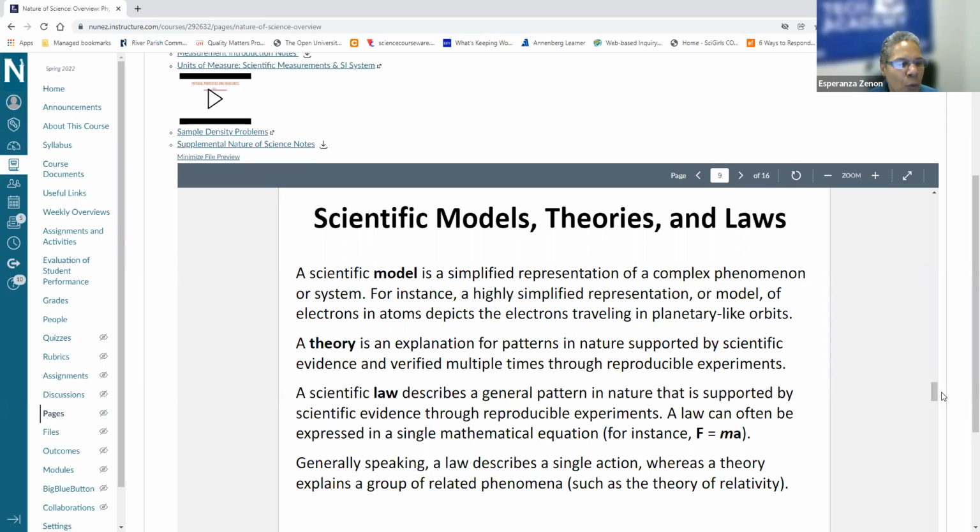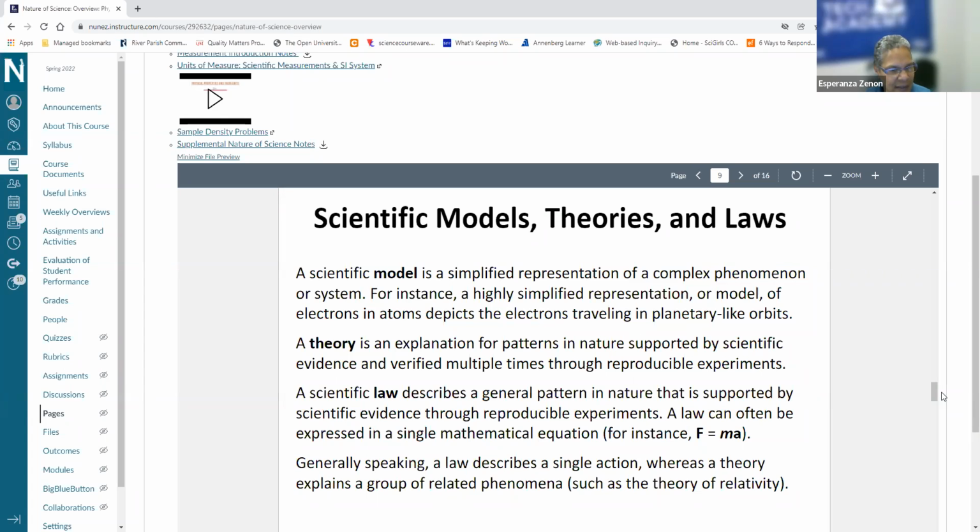Notice I did not say "one way of guessing about what's going on," because we really don't know. I didn't say that at all. I said that a theory is a way to package what we do understand. See, that's the mistake most people make about scientific theory. They think a scientific theory is we really don't have an understanding of it at all. No, it's just the opposite. A theory is our way of packaging what we do know. Now, granted, there may be some things that we don't know, but a theory helps us to package what we do know. And you see there that is an explanation for